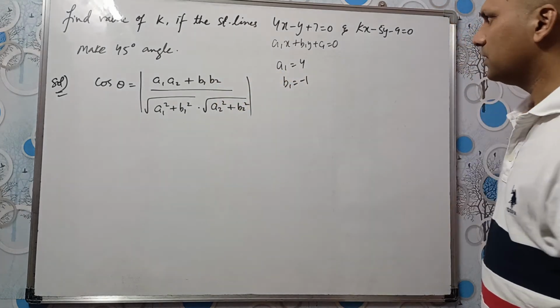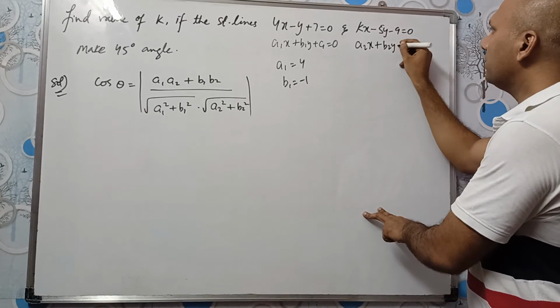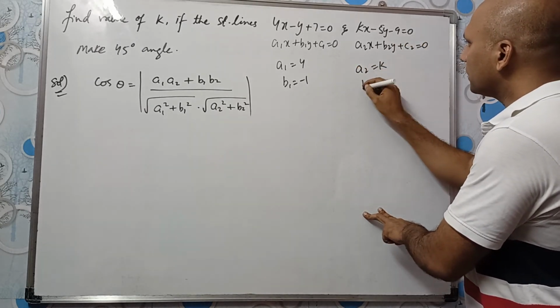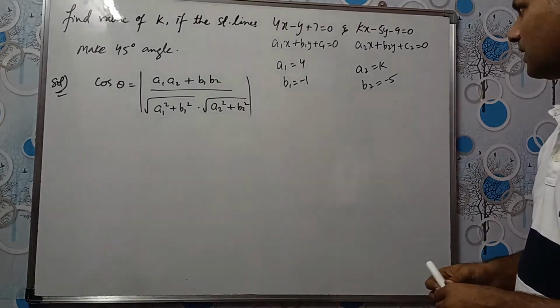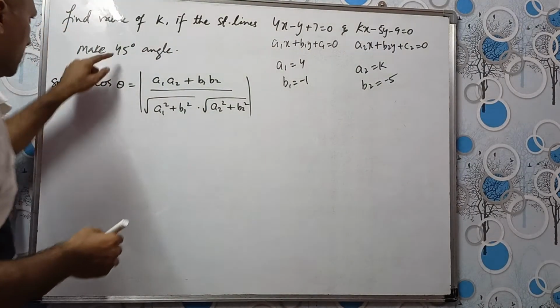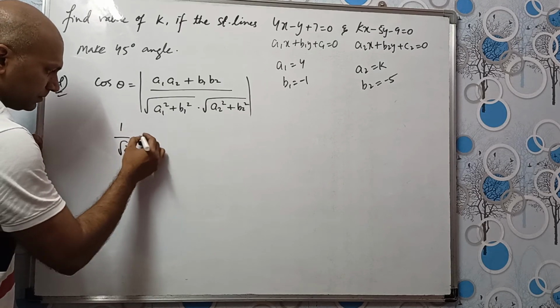Because we don't have c values there. If you compare the second equation with a2x plus b2y plus c2 equal to 0, a2 will be equal to k, b2 will be equal to minus 5. Let us substitute these values here in the formula. Theta is 45 degrees given. So cos 45, which is 1 by root 2, is equal to